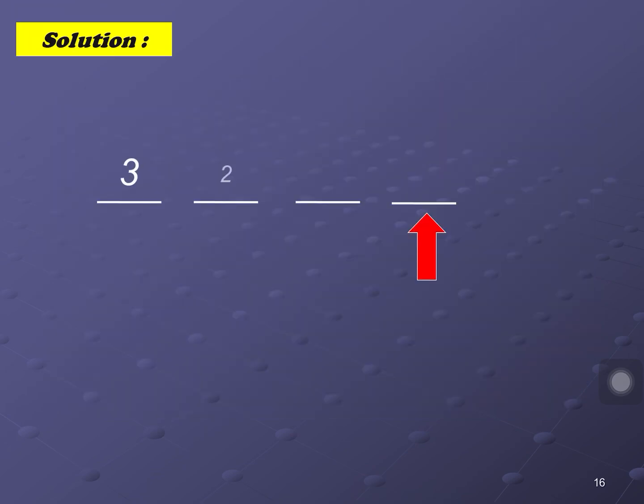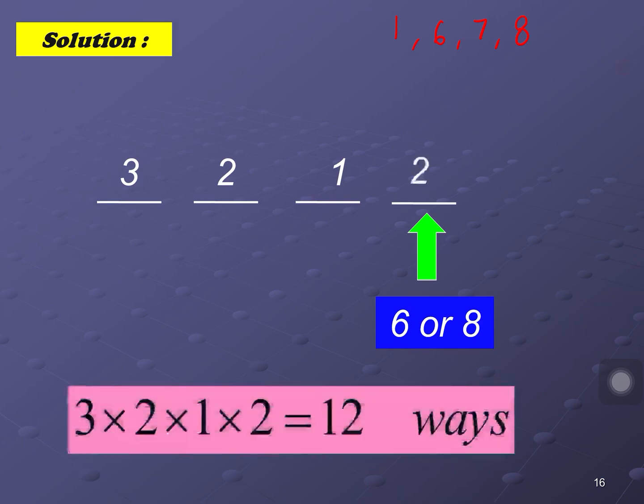So we got 1, 6, 7, 8. Okay, so 1, 6, 7, and 8. We have 4 numbers. We want to arrange them to make sure that our number is an even number. So what we do is that only 6 and 8 should be at the last position. Okay, so if we take 6 or 8,